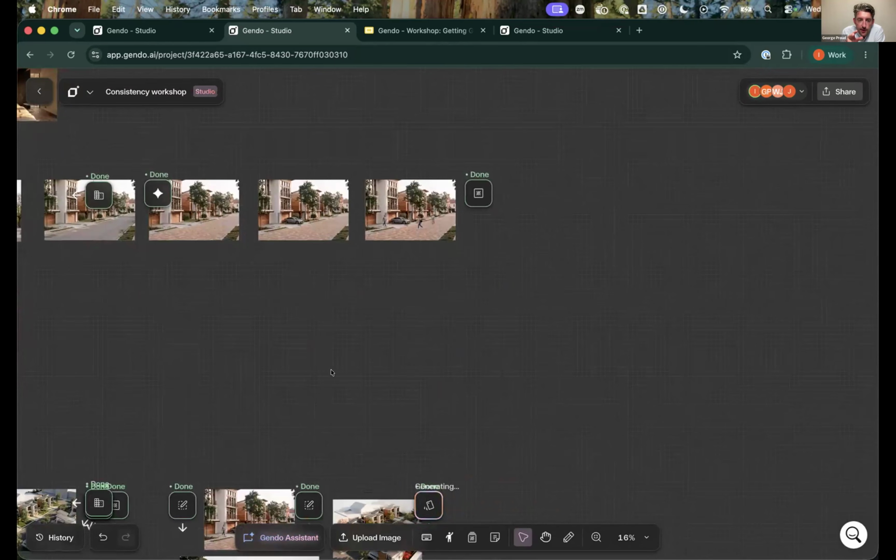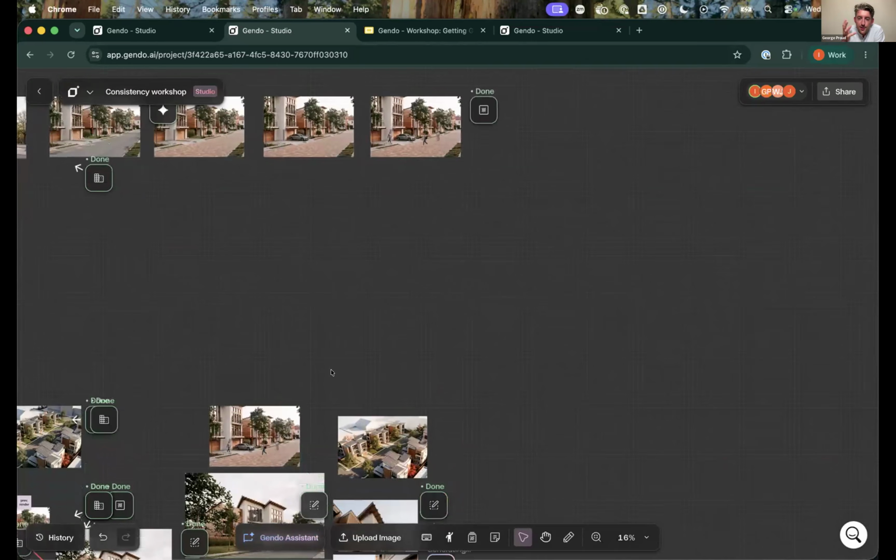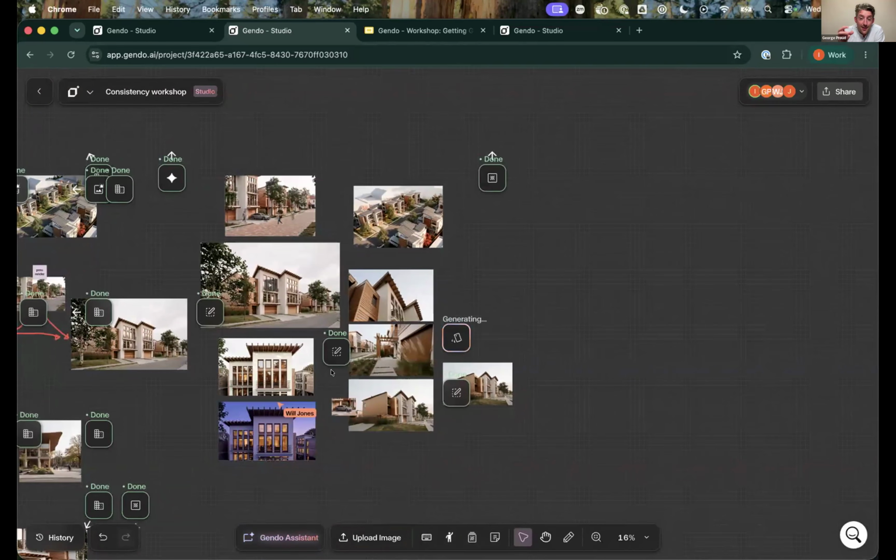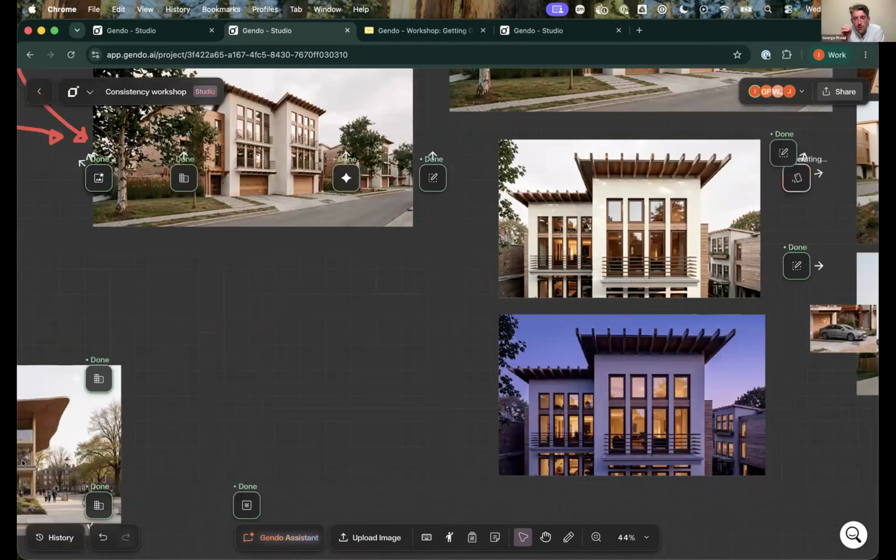This maybe was also an answer to another question someone asked about AI faces of people, and depending on how big they are in the image, they can be a bit squished. What edit is good for as well is that we zoom in on a detail, so you can make